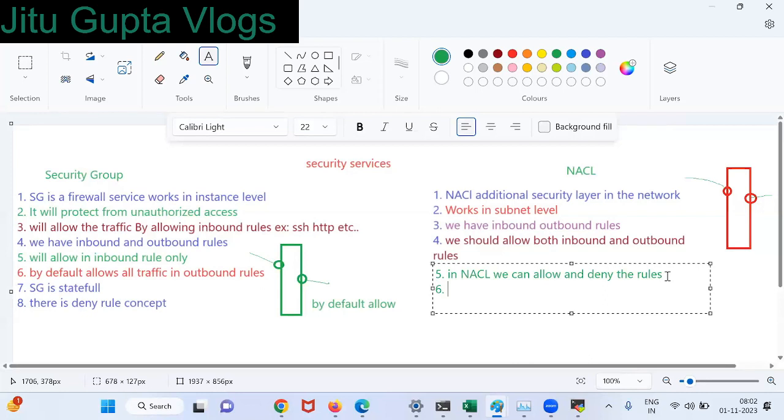So NACL is stateless. The reason is NACL is not allowing the outbound rule automatically; we should enable it. It's not maintaining any state in your network. If you enable an inbound rule, the security group automatically allows the outbound rule. That's stateful. Stateless is nothing but, if you enable something in your network, you should take care of outbound also. It's not maintaining your state; you should maintain everything. Is it clear now?